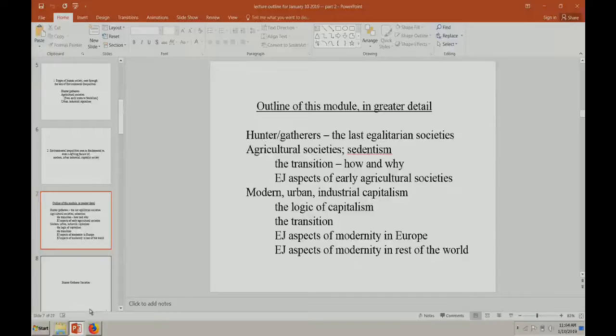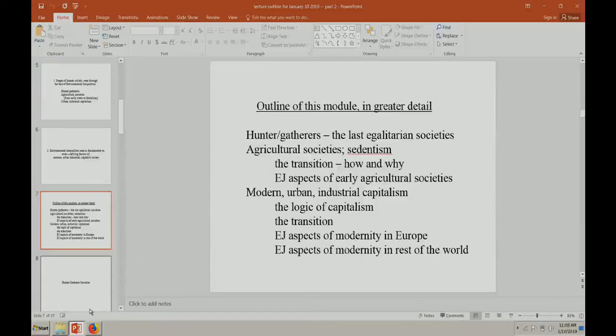This is another new term, sedentism, which emphasizes that one of the characteristics of this transition is people stopped being mobile. They stopped moving around in an annual trip following food sources to living in permanent settlements, and looking at the transition, how did this happen, why did this happen, looking at the environmental justice aspects